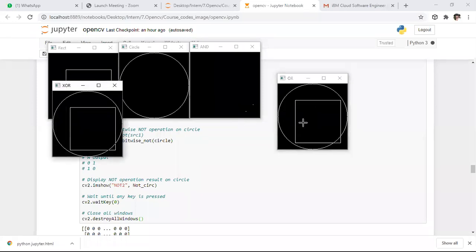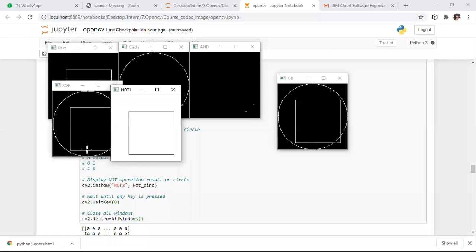Coming to XOR, if both are different, it returns one. So here at this location both the values are the same, and at this location also both the values are the same. In such cases, what is it returning? It is returning 0 as a value. Here 0 means black pixel and white means maximum value, that is nothing but 255. So here it is about XOR operation.